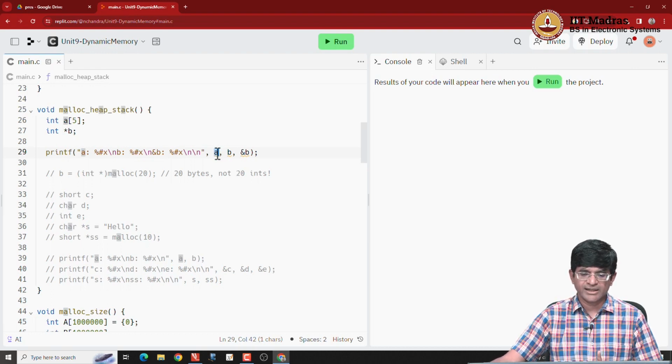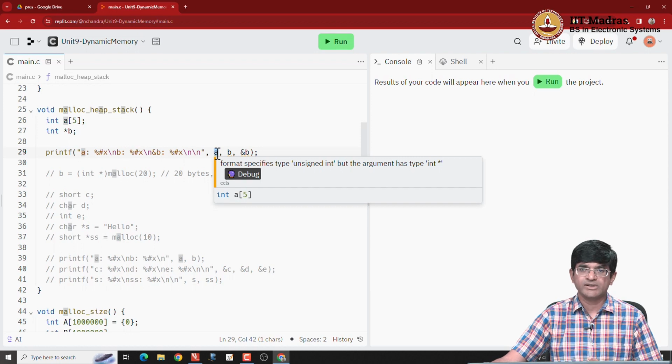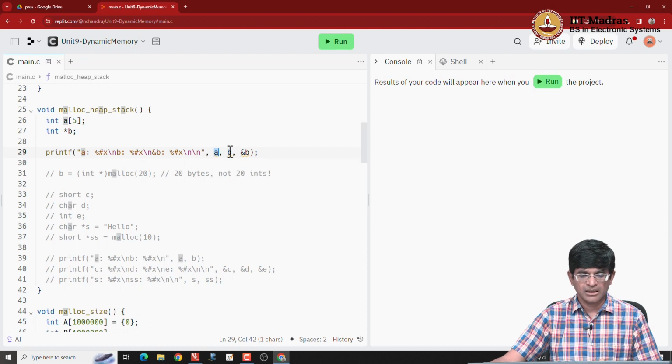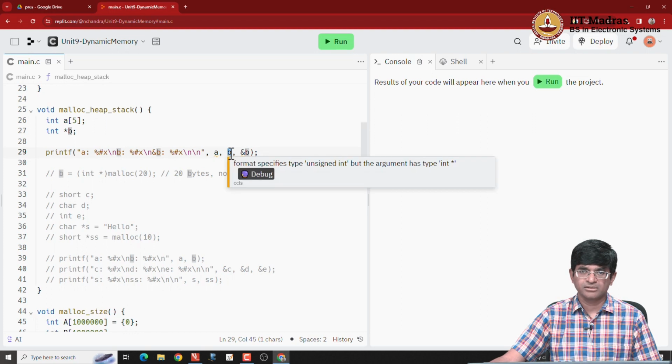In other words, when I ask it to print a, this is equivalent to saying print ampersand a. In the case of an array, a and ampersand a are basically the same. They both are the pointer corresponding to the start of the array. Now b, on the other hand, is of type int star. b is a pointer, right. So if I ask for the content of b, I am asking what b points to,